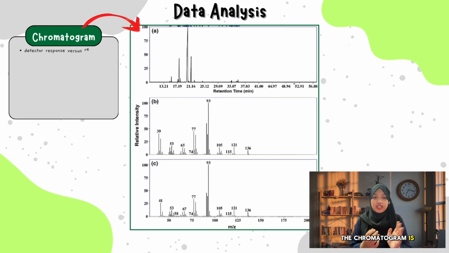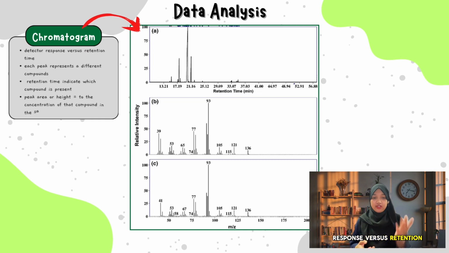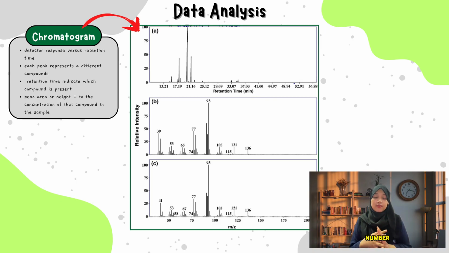The chromatogram is a plot showing detector response versus retention time. Each peak represents a different compound separated by the gas chromatograph. The detection time helps indicate which compound is present, as different substances travel through the column at different rates. The peak area or height is proportional to the concentration of the compound in the sample, making it useful for quantitative analysis. By examining the number, shape, and size of peaks, we can assess sample purity, complexity, and the relative